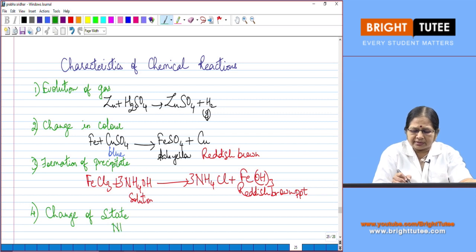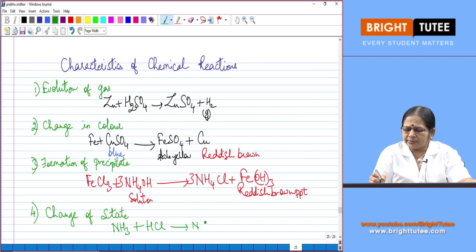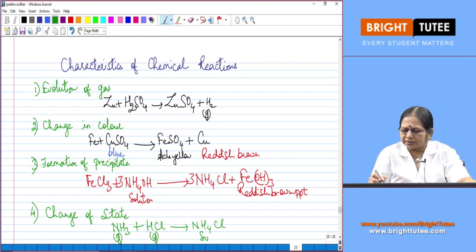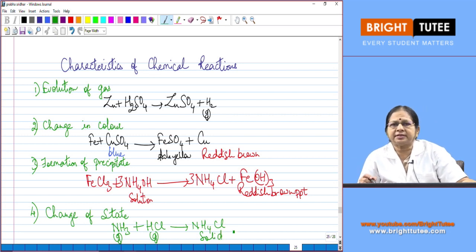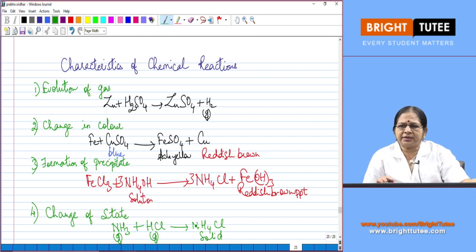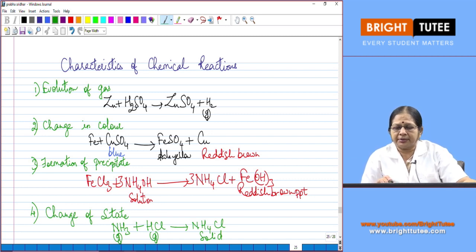So ammonia reacts with hydrogen chloride to give ammonium chloride. Ammonia is a gas, hydrogen chloride is a gas, the product is a solid. So the change of state indicates that yes, a chemical reaction has taken place. Sometimes two gases react and then change to a liquid, which is a change of state indicating the reaction has happened. So in this particular topic 1, we have discussed so far the conditions which are required for a chemical change to happen and the characteristics of chemical reactions. Now